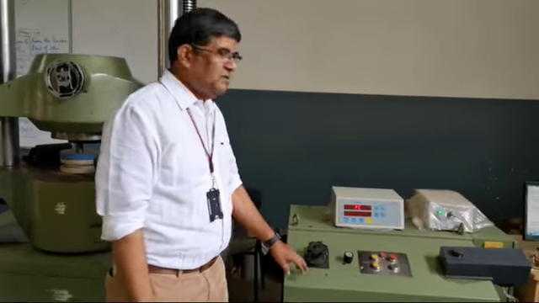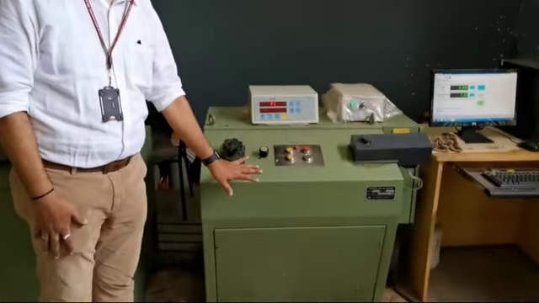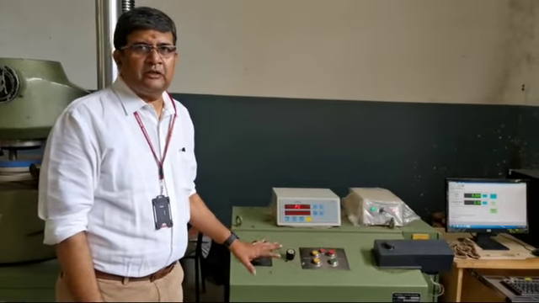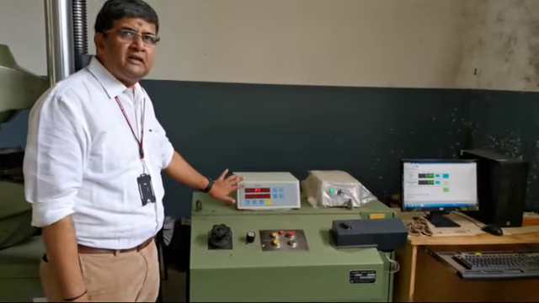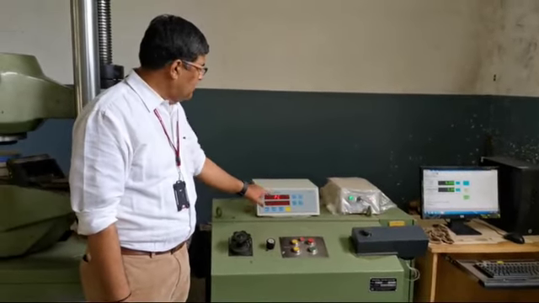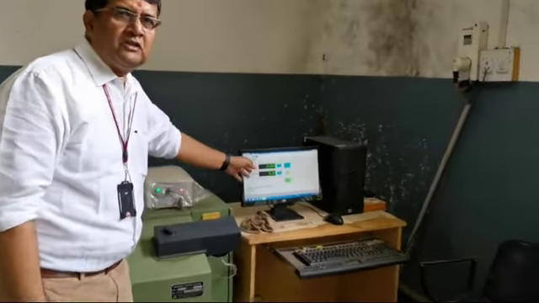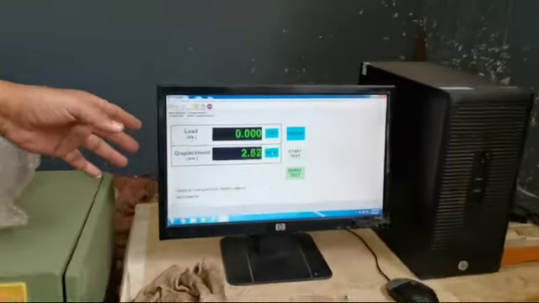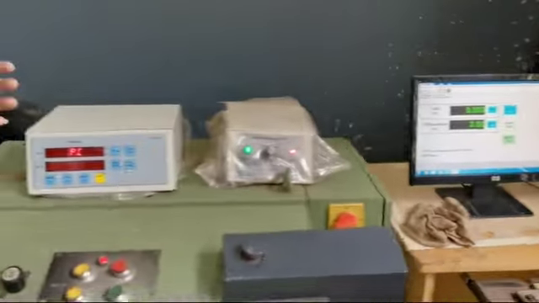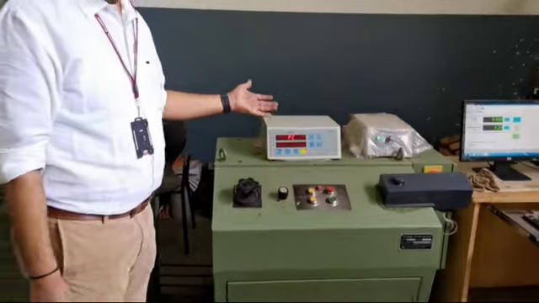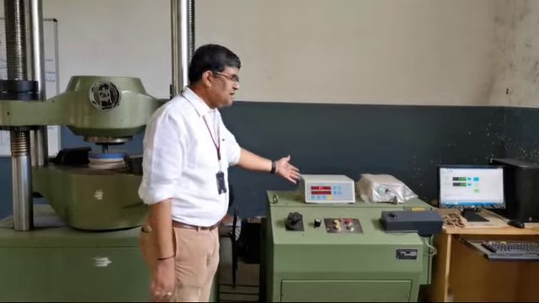Okay, so the specimen has been mounted, and this is the loading module which has a hydraulic pump inside, and this is going to pump oil at a high pressure in order to apply the compressive load. It is all digitized. You can see that there is a digital indicator which is going to directly indicate the load in kilonewton and the displacement. And here, there is also a computer on which the readings are going to be recorded. We will be obtaining a graph directly once the experiment is conducted. Now we will start the loading process, and we will take the readings in steps of 50 kilonewton. Okay, so he'll start the loading process.